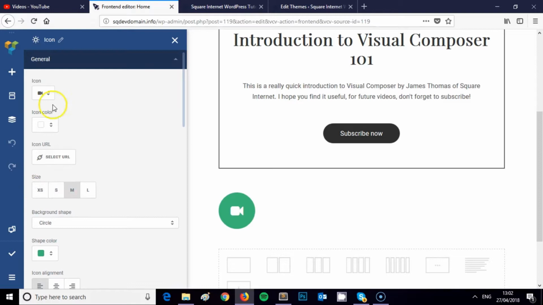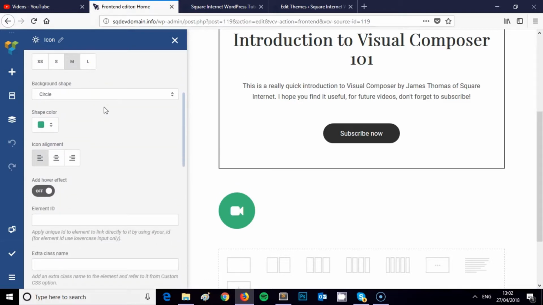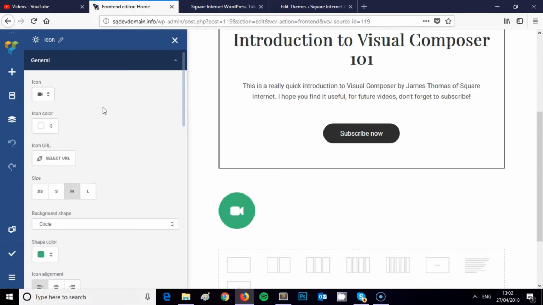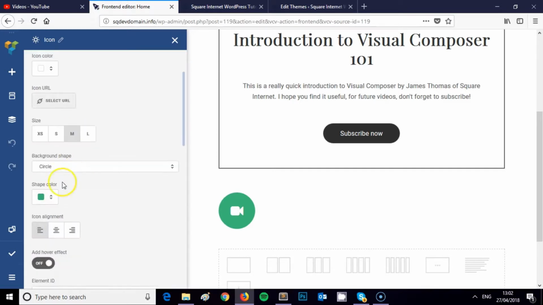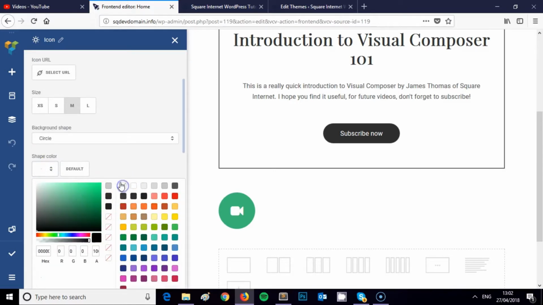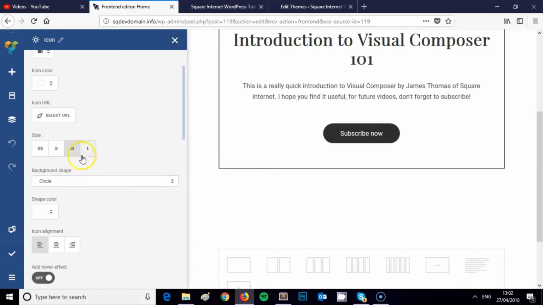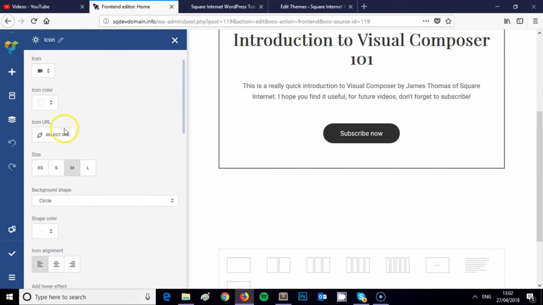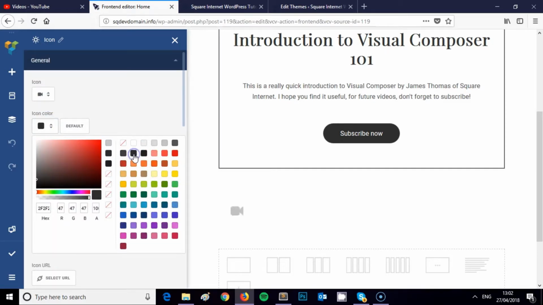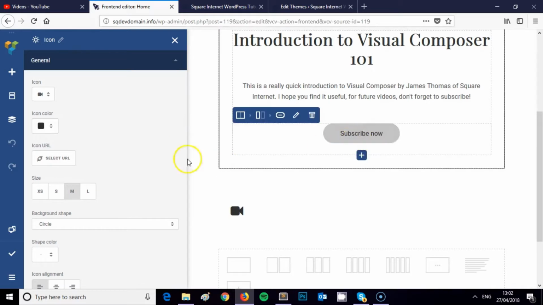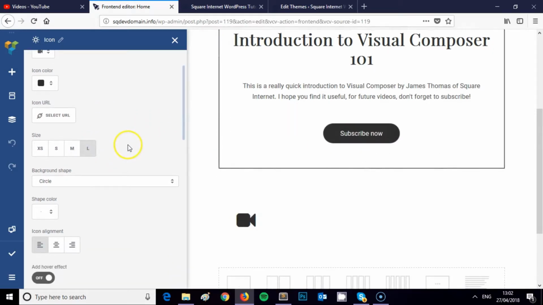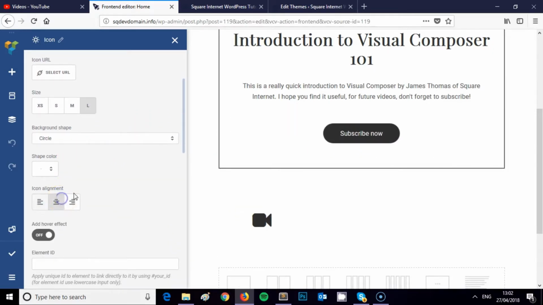It's got the colors, the size. So it's a similar setup and structure that you'll get used to and pick up with time. I don't want any color on this, so I'm just going to get rid of that. I'm going to change the icon color to that same color I was using on my button. That's kind of small, so I'm going to make that a bit bigger. I'm going to center it